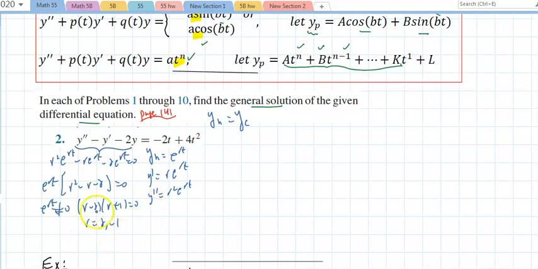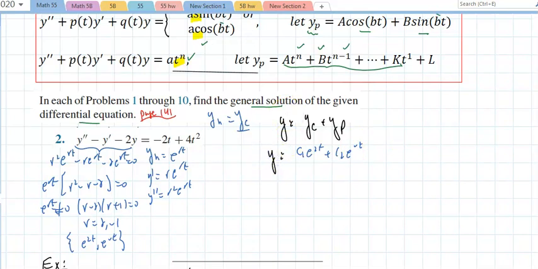So here we know that y equals the complementary plus the particular. Complementary I already found. It is C1 e to the 2t, maybe I should list the fundamental set, plus C2 e to the negative t. So that's done. That's what we did before. The added part now is this particular solution. We look at this and we notice this is a polynomial. We say let y equal second degree, at squared plus bt,